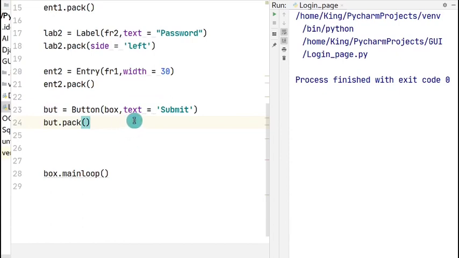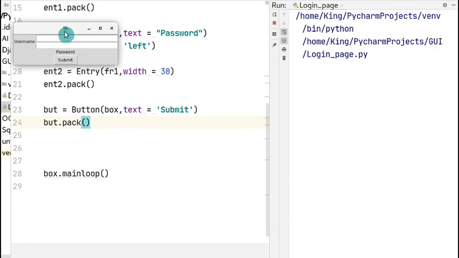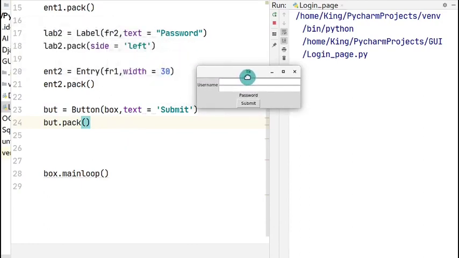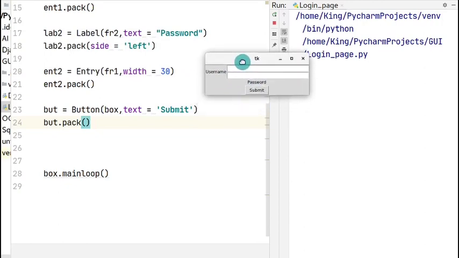Now let's see how this looks. So you can also press Shift F10 to run this. Now this doesn't look good. Let's see what can be done.